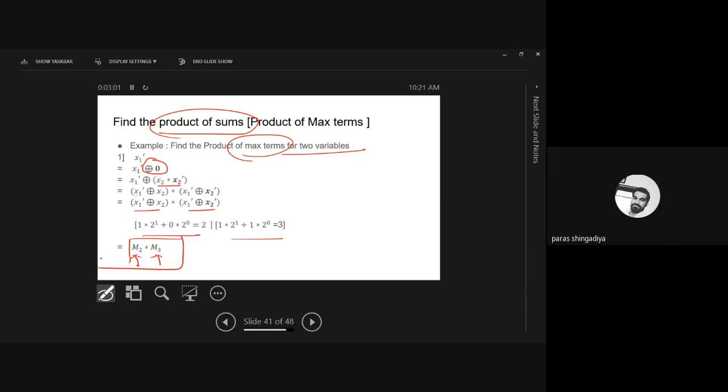And here it is given as a product, so it is called product of the maxterm. And what about product of the sum? Just check the previous step, that is the last second step. Check both the brackets. In each bracket there is a sum of the two variables: x1 ring sum x2 means sum of the two variables, x1 dash ring sum x2 dash, so it is a sum of the two variables. And outside is the product of both the brackets. So it is called product of the sums, meaning sum in the bracket and product of the brackets.